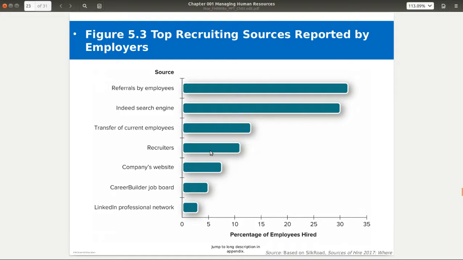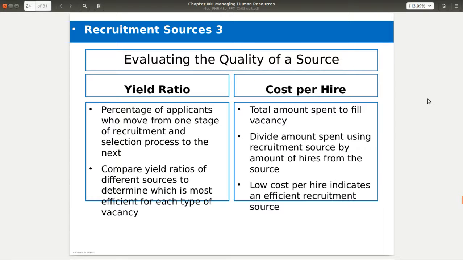Recruiters are a little bit lower, as far as external recruiters who are finding someone and then matching them up. The thing is, they are much more expensive for organizations. And then LinkedIn, it's showing real low here as far as the LinkedIn professional network. The thing is, if you use LinkedIn to connect with other people who work at those organizations, that actually becomes referrals by employees. So one of the things I always push folks is do everything you can to network. Get to know a lot of people in a lot of different organizations so that you can get those referrals to find the really cool jobs.